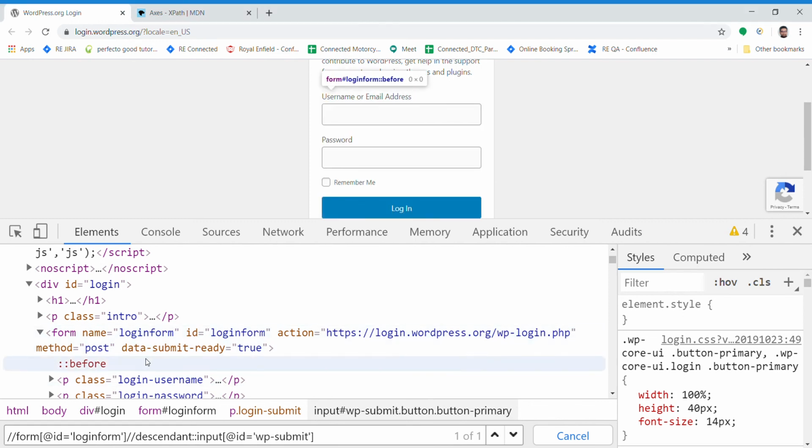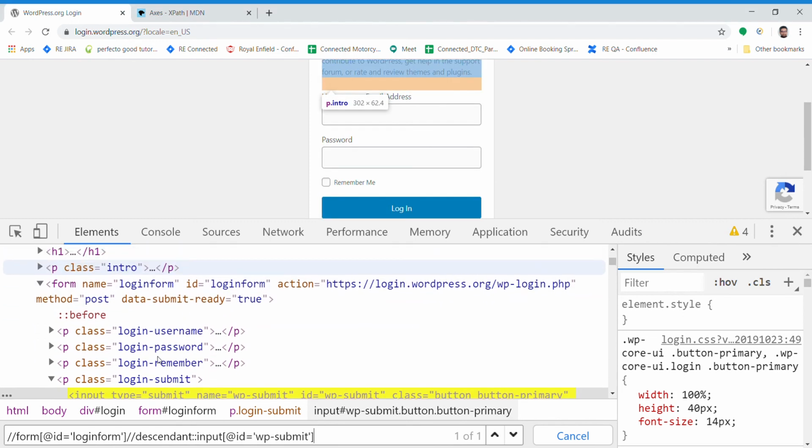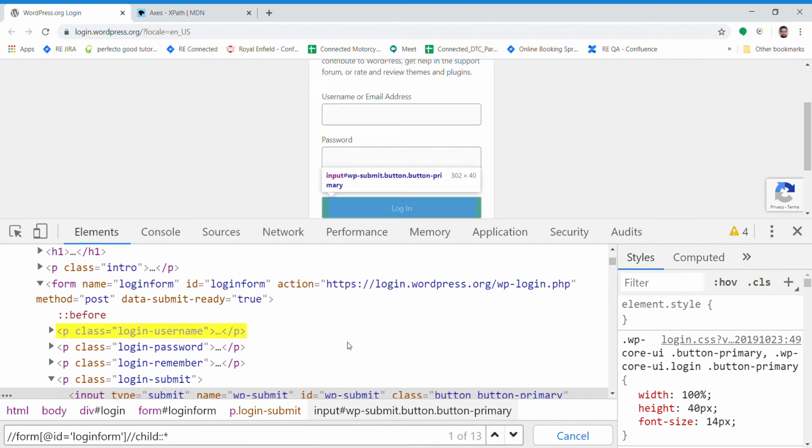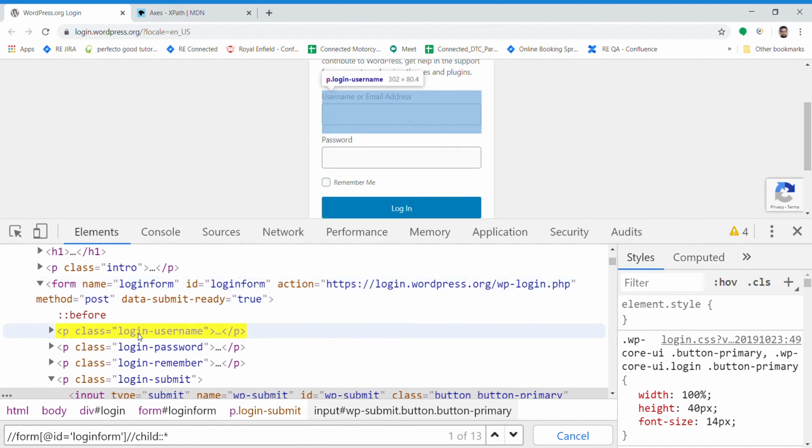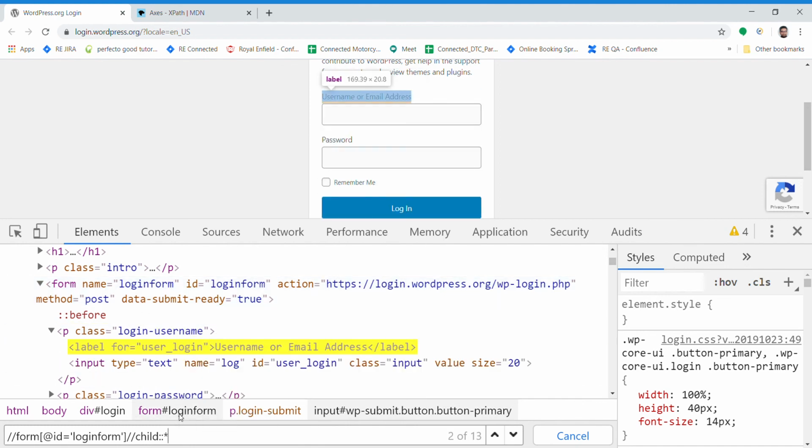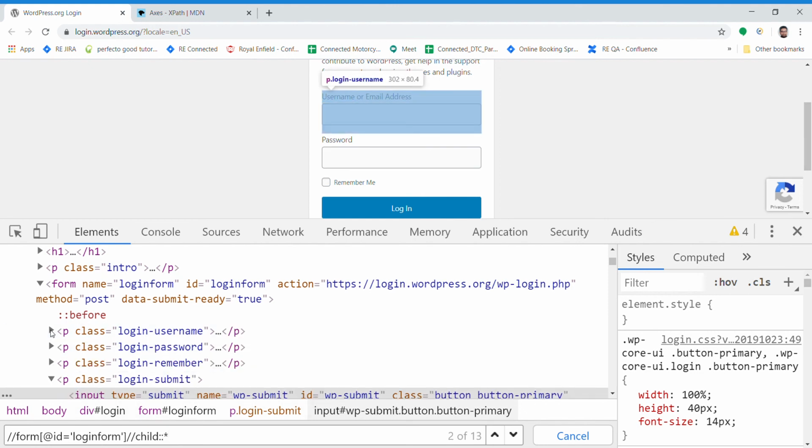The second one is child. I think we have discussed it, but let's see it again. If we wanted to find all children of this node login form, the child would be this form, this login username. The second would be, it's for the child, right? That means any child from this login form, these are all children, right? And if you wanted to restrict to someone, we can again use predicates. Okay, I think we have discussed all those things.